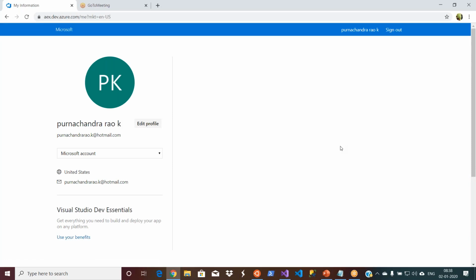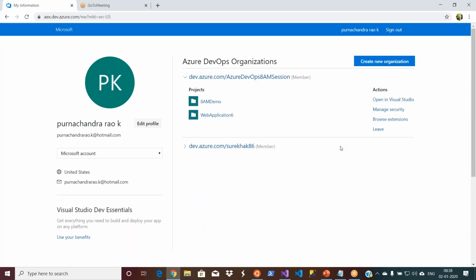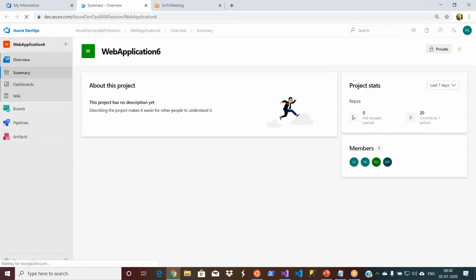So the difference between pull and fetch is when you click on pull, it will pull all the code from the remote repository that is on the server to your local repository, which is on your laptop. It will update actually. But sometimes what happens, you may not want to directly pull the code and overwrite your local code actually. You may want to see what are all the changes that have been made by different developers and that are available on the remote repository. So that means you verify and then you pull the code rather than pulling the code without verifying. So for that purpose, you can use